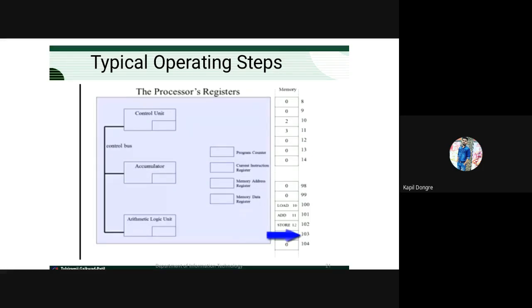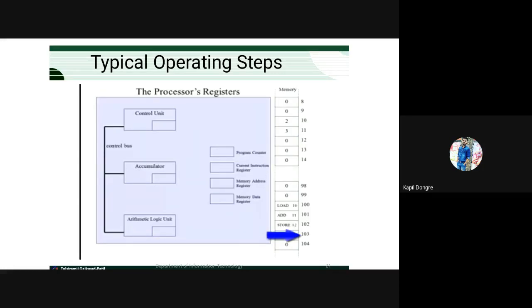So the program counter is used to identify the first address of any instruction that is going to be executed. ठीक है, जो इंस्ट्रक्शंस एग्जीक्यूशन के लिए जाने वाली है उस इंस्ट्रक्शन का जो इनिशियल एड्रेस होता है वो कहाँ पे स्टोर होता है, हमारा जो प्रोग्राम काउंटर होता है उस प्रोग्राम काउंटर में अवेलेबल होता है. After that we have the memory address register. मेमोरी एड्रेस रजिस्टर के अंदर क्या होता है, हमारा जो भी हमारा एड्रेस होता है, what are the address of that particular instructions, that address is stored in the memory address register.